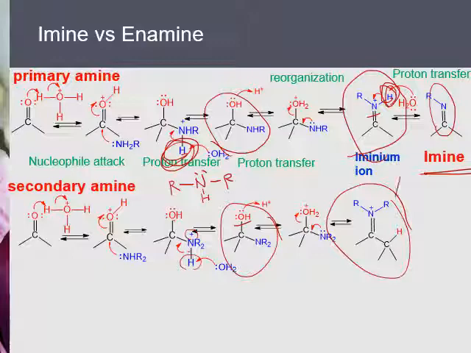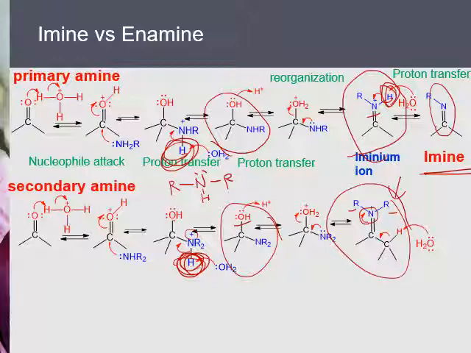But in the case of secondary amine, the amine only has one hydrogen. After it deprotonates at this step, then there's no hydrogen in the imine ion. The nitrogen positive charge connects to two alkyl groups. There's no hydrogen to be deprotonated. Instead, there's another path to stabilize the product, and that is it can deprotonate a hydrogen 2 atoms away from